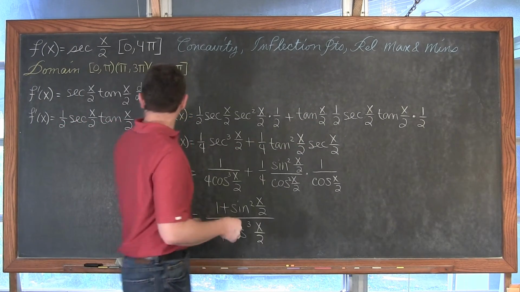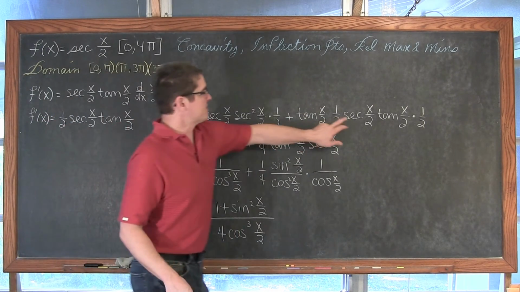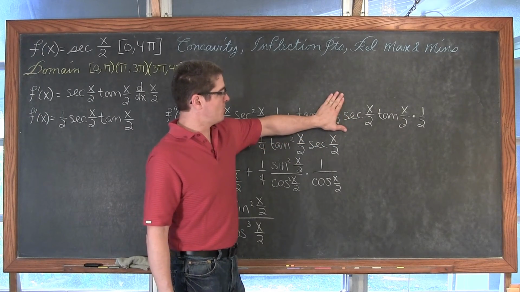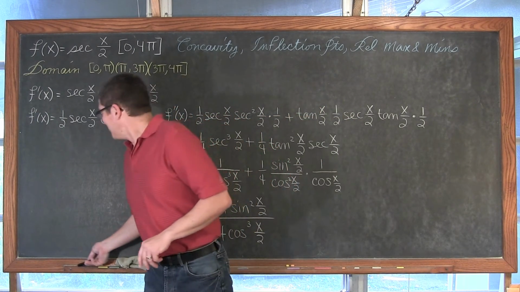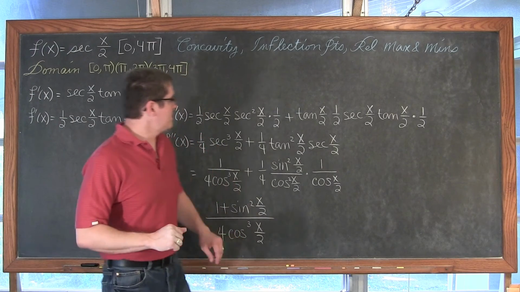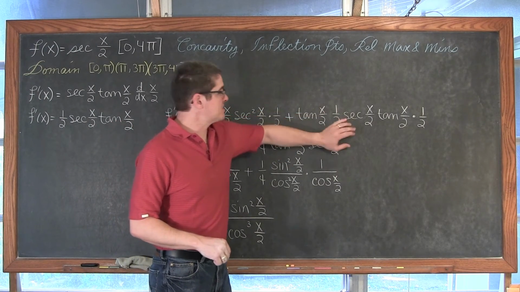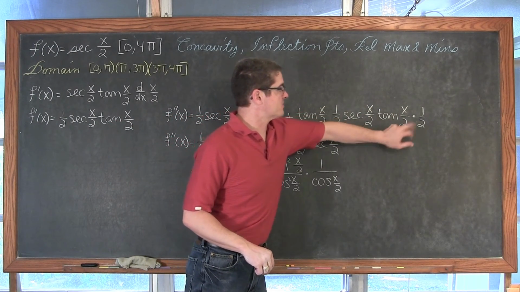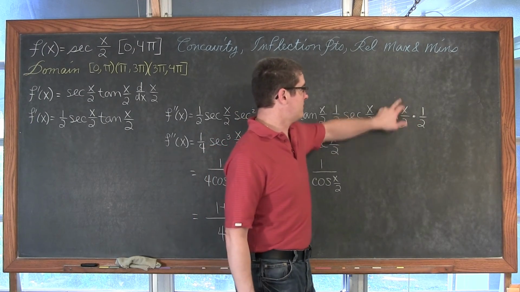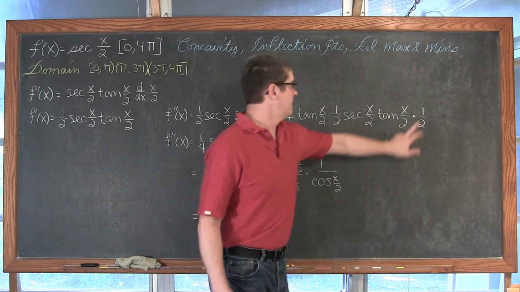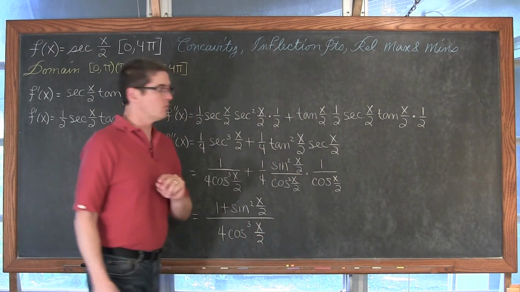And then we have the second times the derivative of the first. So I'm, again, just going to let that 1/2 sit out front, so we have the derivative of secant, which is secant x over 2, tangent x over 2, and again, completing that chain rule of the inside function, getting the 1/2. And then 1/2 times 1/2 is again 1/4.